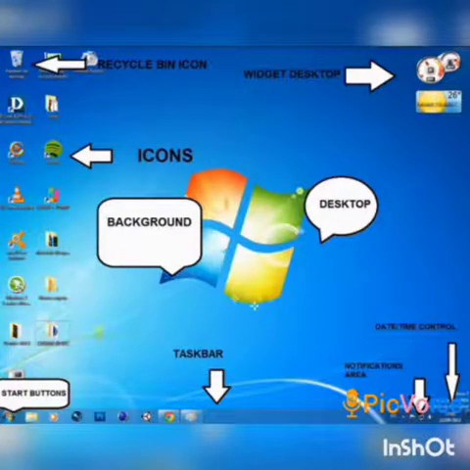Some elements of the desktop: icons, then taskbar, then background, that is desktop, then start button and wallpaper.